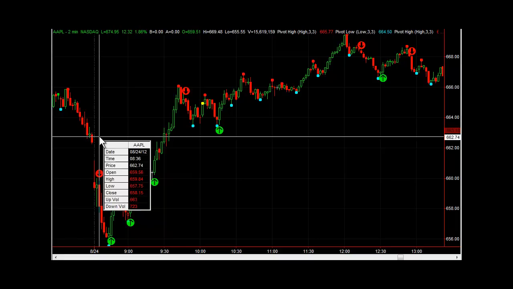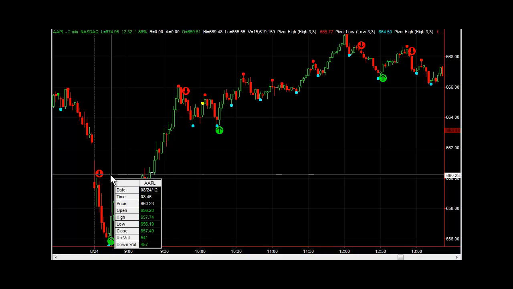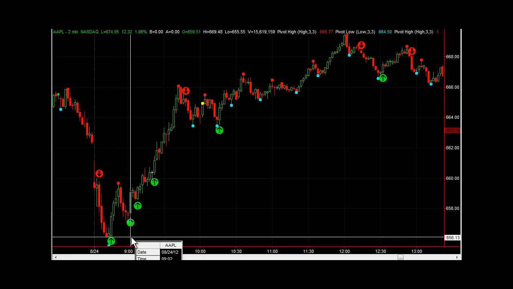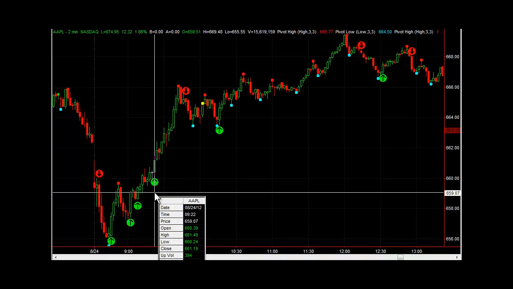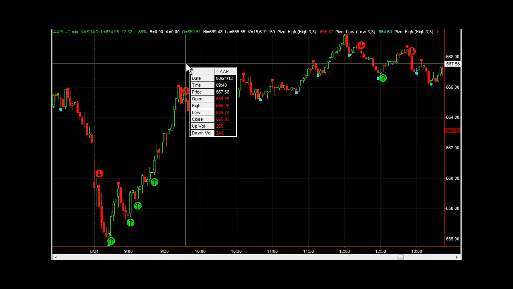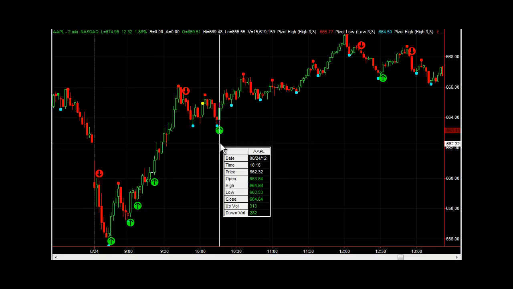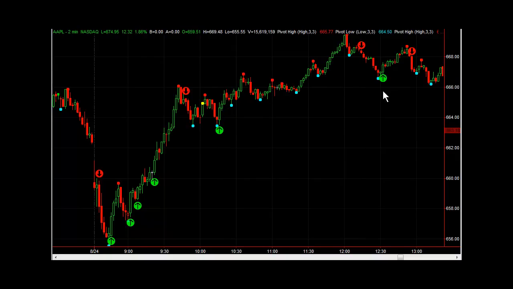But here's Apple. This was on the 24th of August, which is Friday, and this was a short right about 5 minutes after the open. The system went short, then the system went long, the cycle low long right at about 8:46 Central, went long again at 9:02 Central, went long again at 9:08 Central, went long again at 9:22 Central. Then we had a cycle high short trade at 9:48, went short, then another cycle low long trade at 10:16 Central, cycle high trade at 12:14 Central, cycle low at 12:32 Central, cycle high at 12:56 Central,